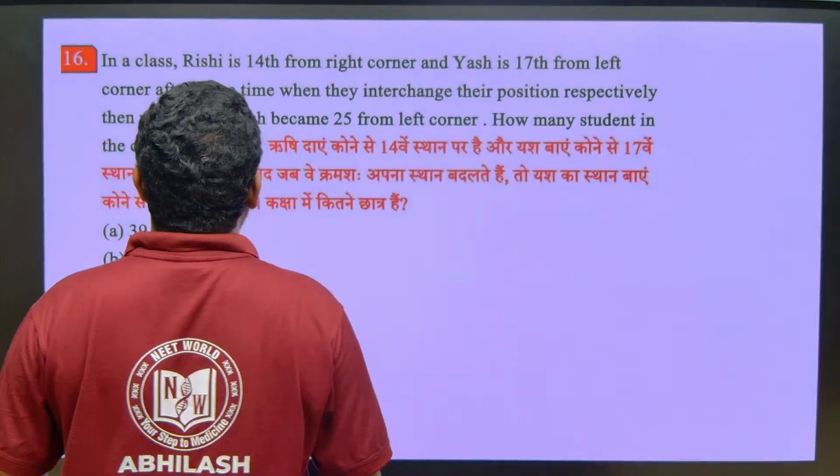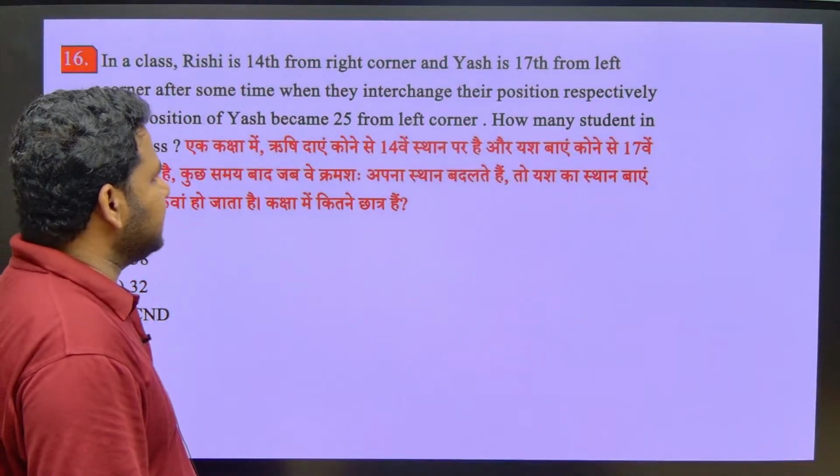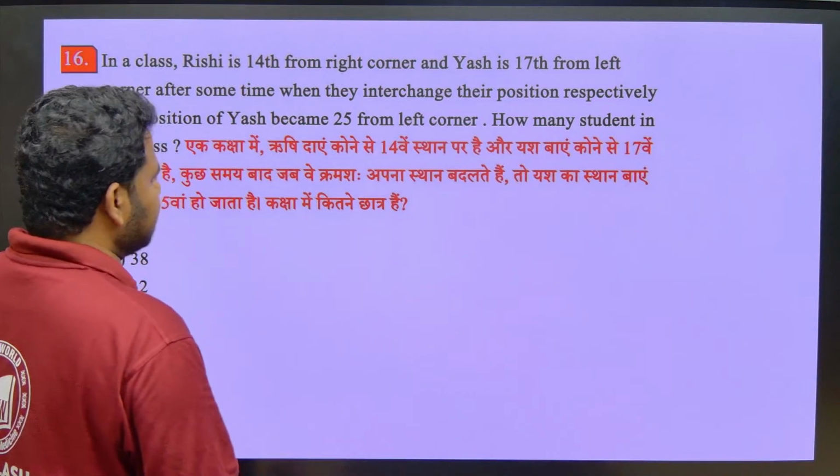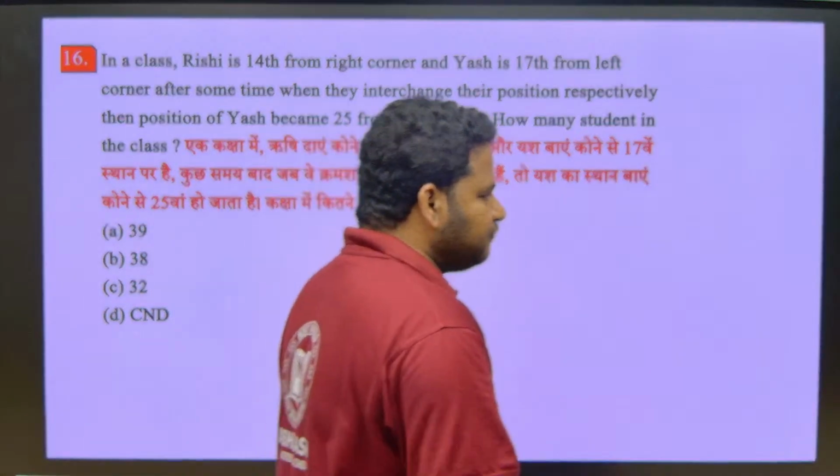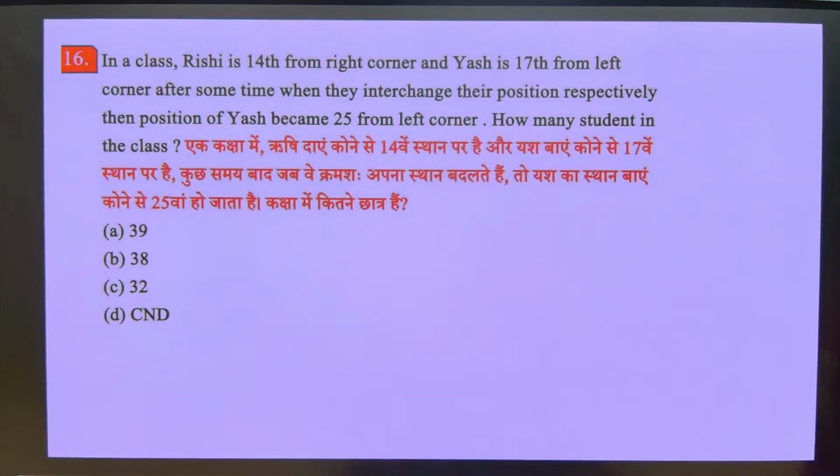Now they are telling, in a class Rishi is 14 from the right corner and Yash is 17 from the left corner. Okay, Rishi is 14 from the right corner and Yash is